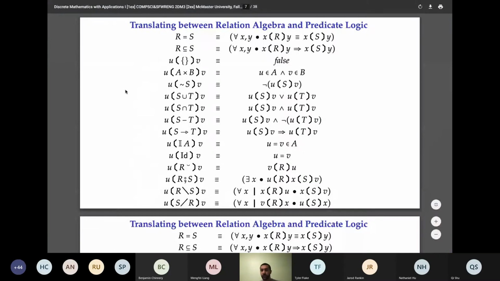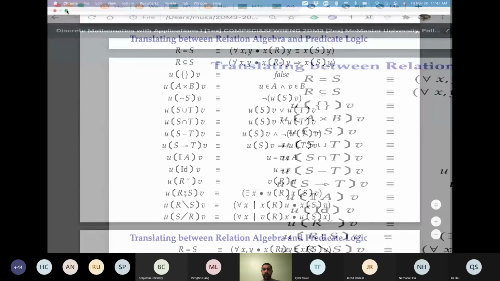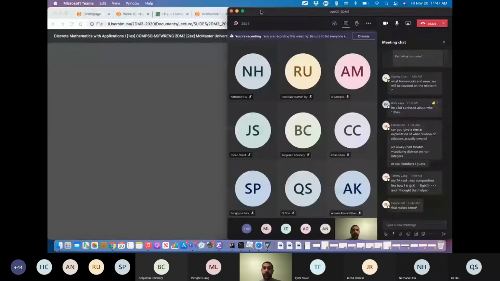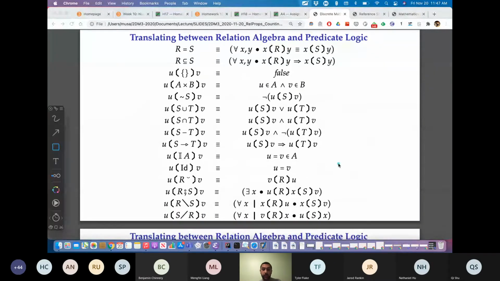Okay, so I just want to show you this slide right here, which has all the examples as well. They're also shown on the class cheat sheet. But here's something I want you to pay attention to. Notice whenever we have a formula involving for all or exists, we have those trading rules that let us move the range into the body. So here, X is related to U is a constraint on X, and then the body is X is related to V. In comparison, this is just an implication that has no range.